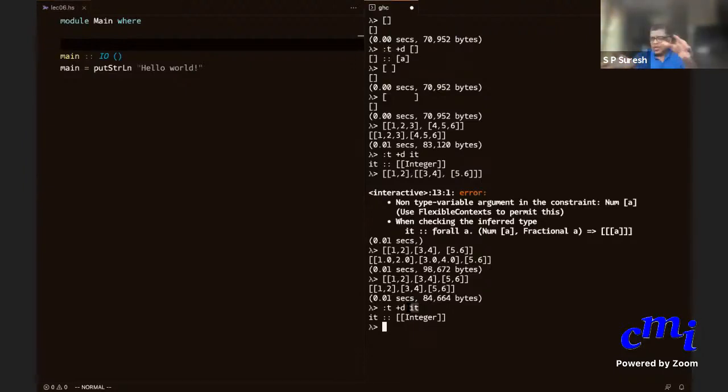Since it is one program that is sitting and evaluating Haskell commands for you repeatedly, it is something special, a name that you can use to refer to the last executed Haskell command. Is that fine? Is this clear? Yes, sir. Yeah.